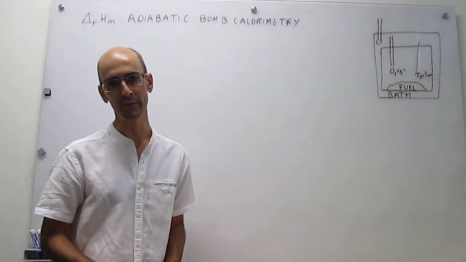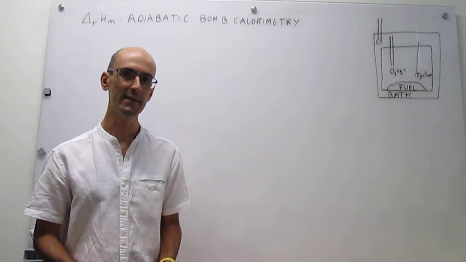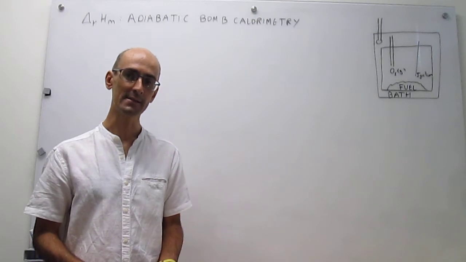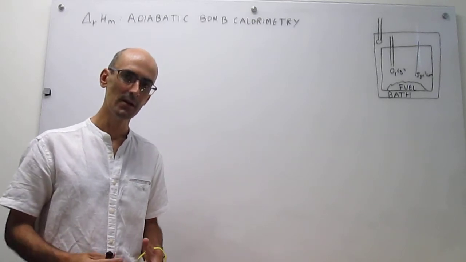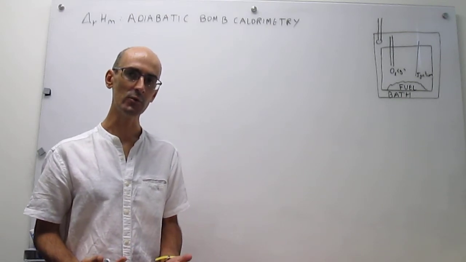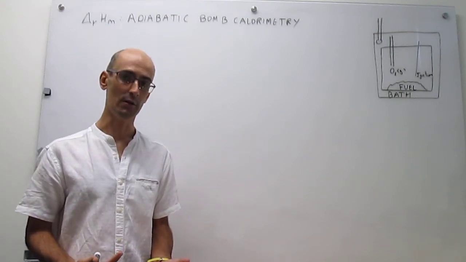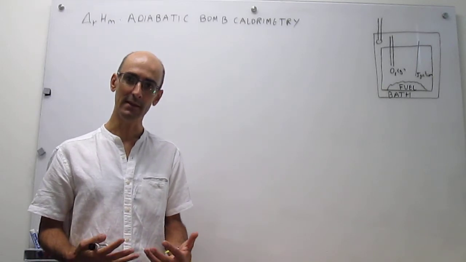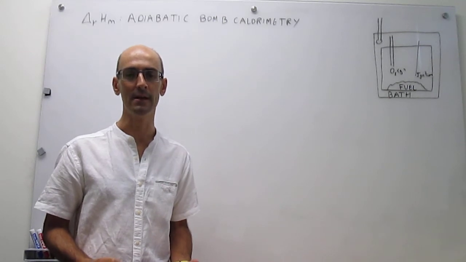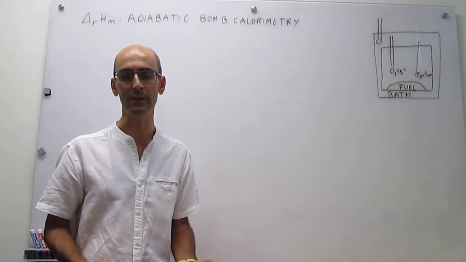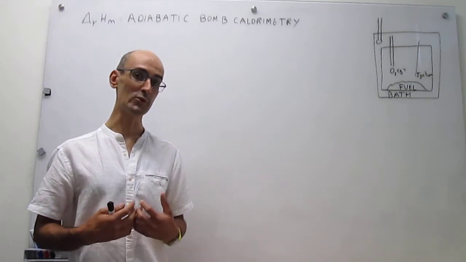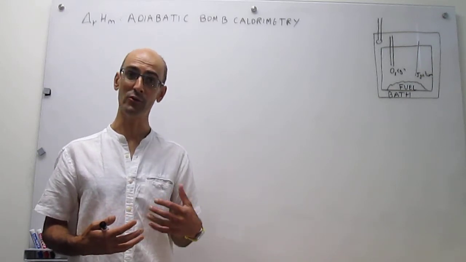In this video, we review the foundations of adiabatic bomb calorimetry, and we utilize an applied example to see how it works. Alright, adiabatic bomb calorimetry is an experimental technique to determine the enthalpy of reactions. And the enthalpy of reactions is the bread and butter of thermodynamics or the first law in chemistry and the life sciences, because that's the type of metric that you can use to determine whether you need to supply some